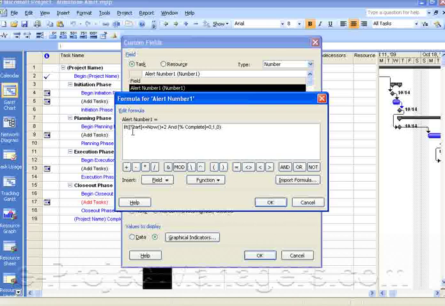What it does is it looks to see if the start date is less than today's date plus 2. So that means if the start date is less than or equal to now plus 2. So that means today's date plus 2 days, that's today's the 12th, so that would be the 14th. So if it's less than or equal to today's date plus 2 days, and the percent complete is 0, meaning it hasn't started, then I